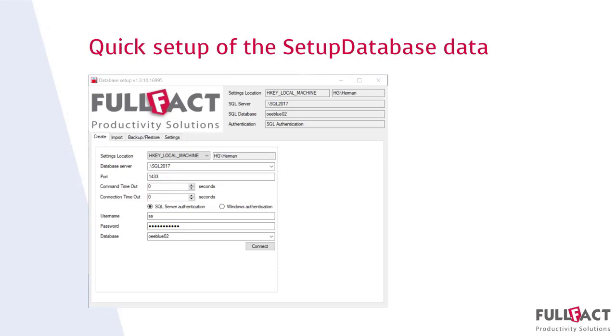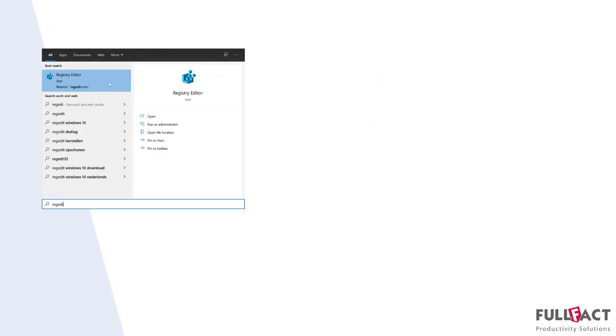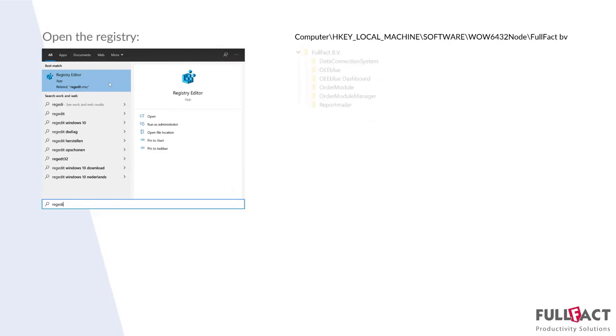Because it's stored in your registry, you can export that section of your registry. So open your registry editor, type regedit, and it will appear. Next to that is the section where our software has its credentials stored, FullFact BV.